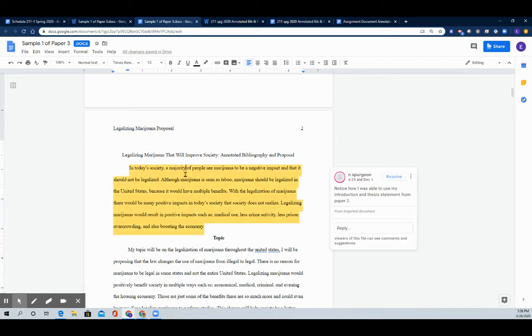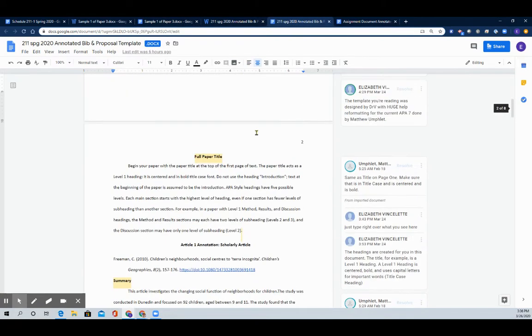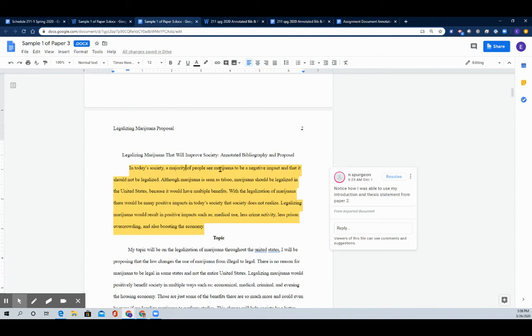Okay, well, it won't matter because these things aren't in my template. So when you see it in the sample paper, just ignore the fact that there's something written right here. It's not in the template and you won't have it. So if you were to go over to our template, you'll see it's not there. So your template is correct. My sample papers, though, are going to be in the old APA because that's what we were using last year. Okay.